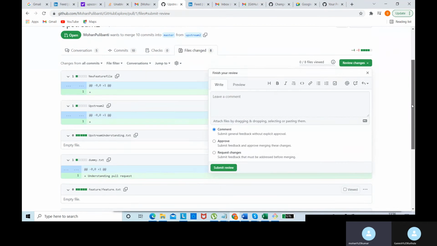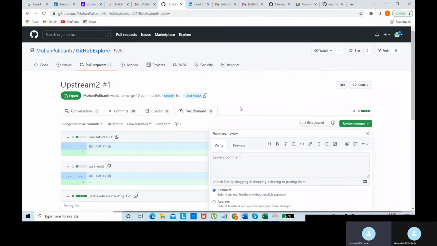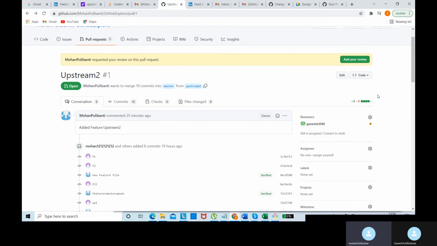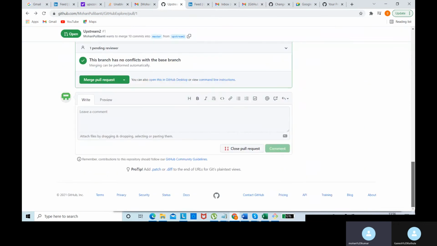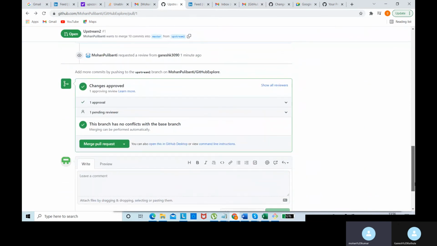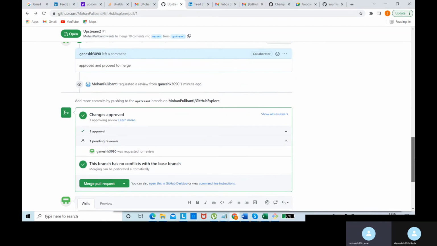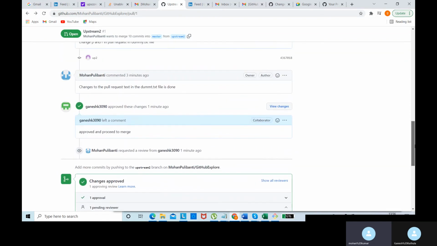Can you scroll on the other page, the conversations? Scroll down. Look at that, scroll up a little. So after approved and proceed to merge, Ganesh K approved and asked me to proceed to merge.